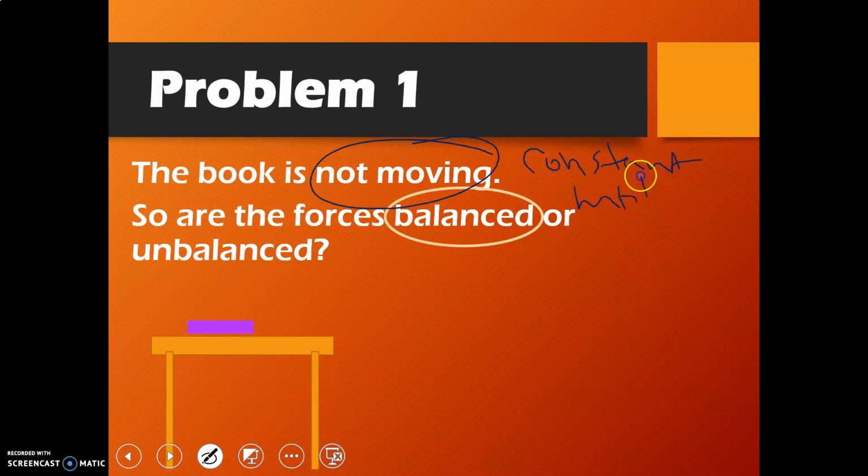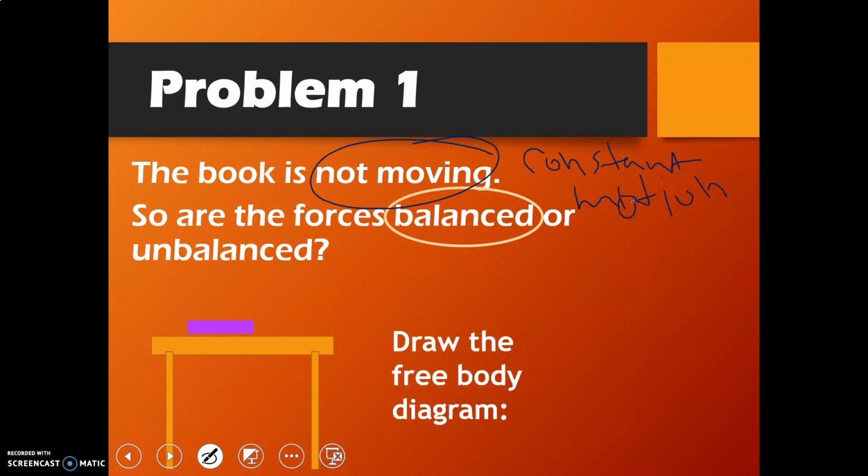So we've talked about cruise control, constant motion. The book is sliding across the table at a constant 2 meters per second. Well, in this case, it's not moving at all, and there's no applied force. No one's pushing the book. It's just sitting there. So to draw the free body diagram, we know that this book has some sort of